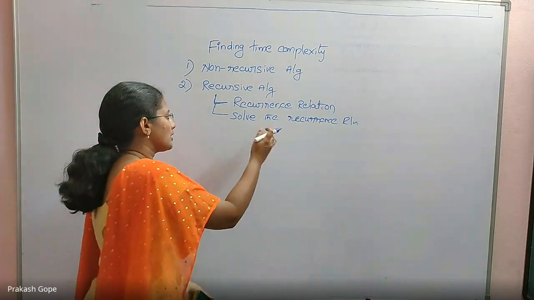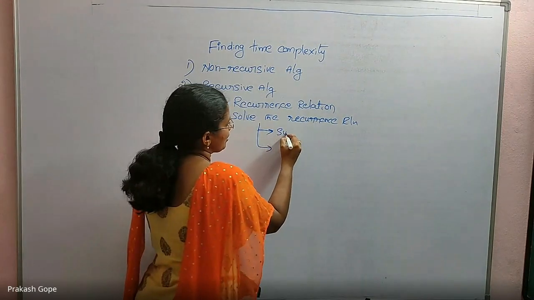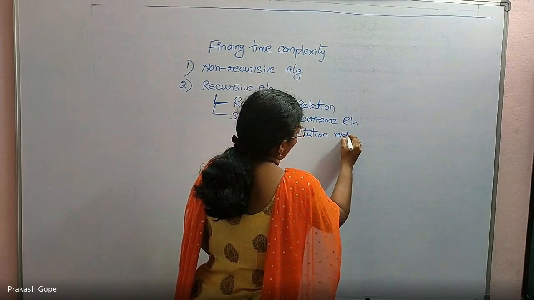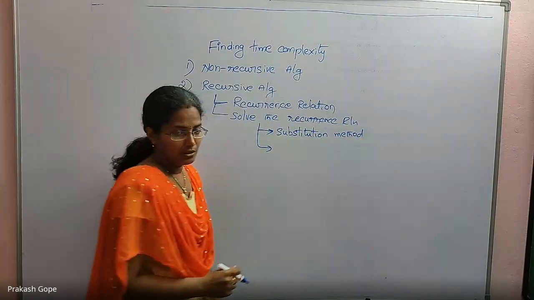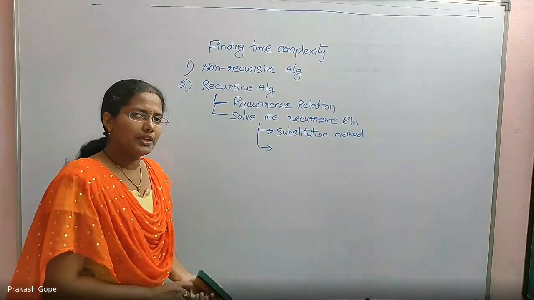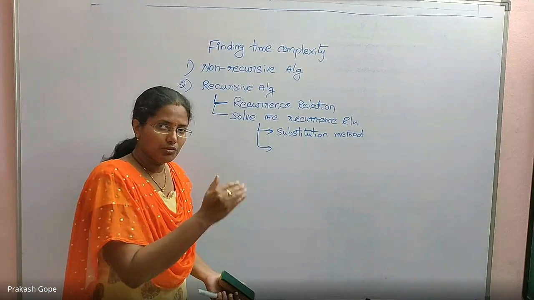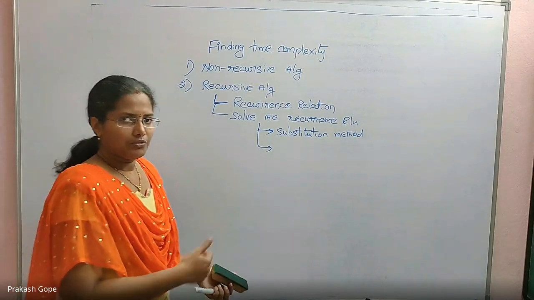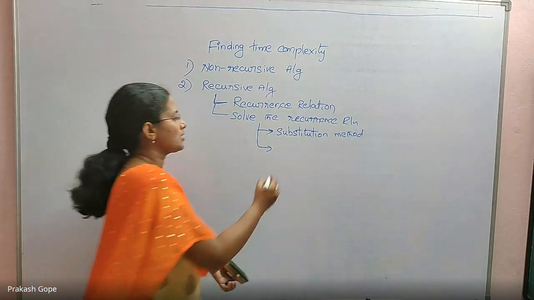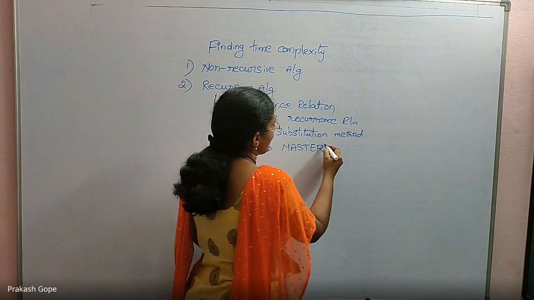But how do we solve this recurrence relation? That we do in two ways. One is by using substitution method, which you must have already learned in college. Of course, we will see some of the examples of how we solve using the substitution method. But in GATE, we don't go for substitution method because solving each recurrence relation will take 5 minutes. We need to give instant answers, like within 1 minute. So we use master theorem because we are interested in big O notation, not the exact answers.